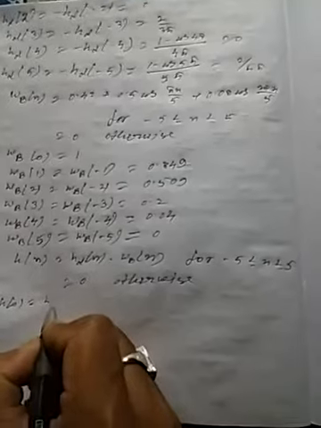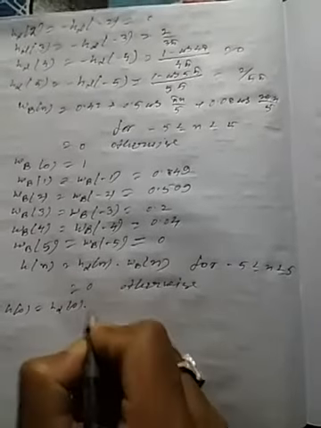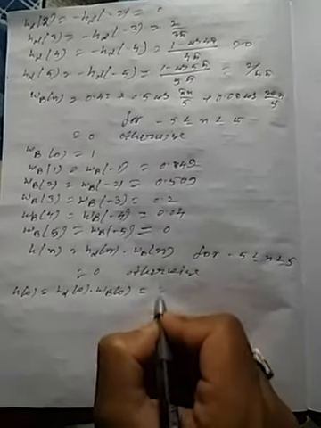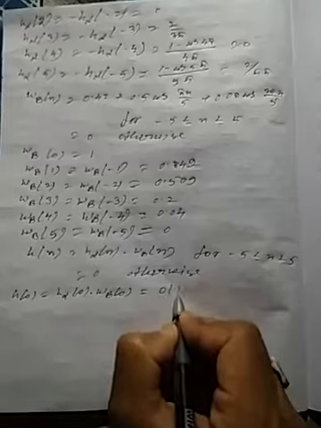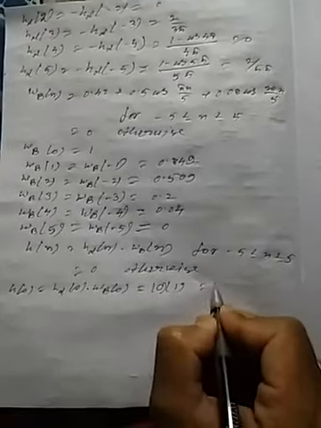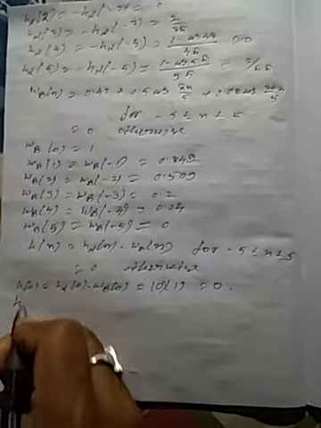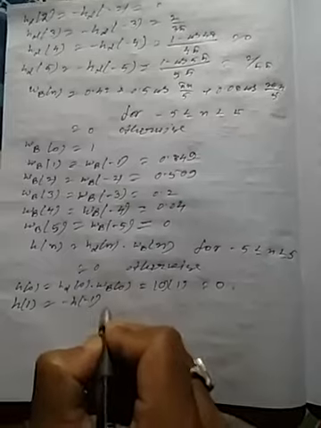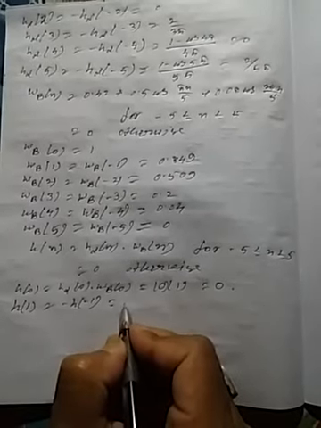Okay, now here h0 will be equal to hd0 into wb0, so it will be equal to 0 into 1, so 0. Okay, again h1 will be equal to minus of h of minus 1, that will be equal to